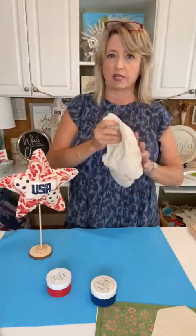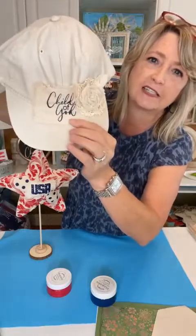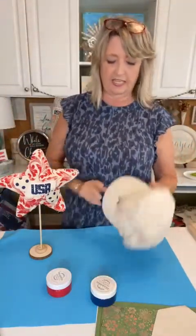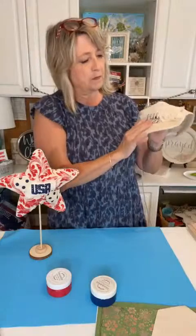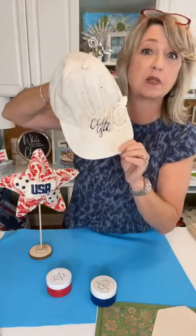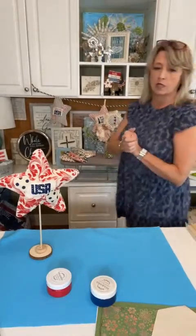Okay, so I don't know if you guys remember back when we made these ball caps. We made them with patches because it's so much easier to stencil on a flat piece of fabric like this than to get a good stencil impression on a cap. So this is the idea, making patches like I did for this hat. I'll look for this video and probably repost it this afternoon. This is part of the Faith Mini stencil. Anyways, okay,